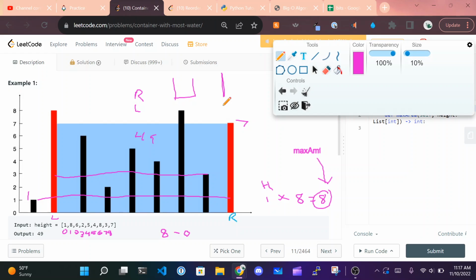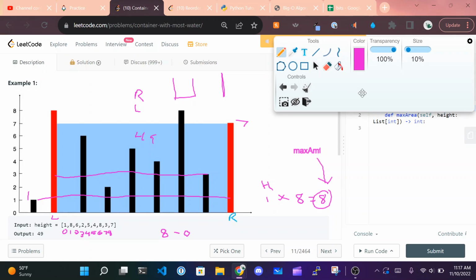I hope this makes sense with the drawings I'm doing. Obviously I'm not doing expert drawings, but I hope my explanations are making sense. So yeah, and then we'd keep doing that, and then eventually we would just